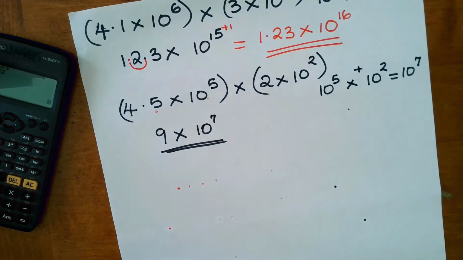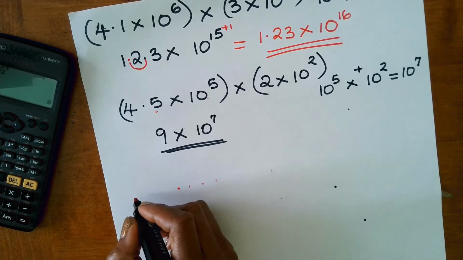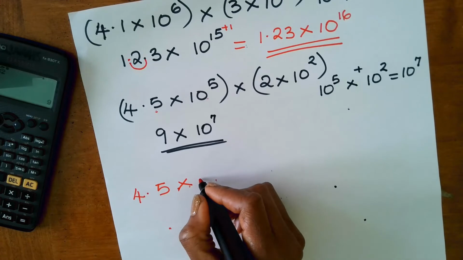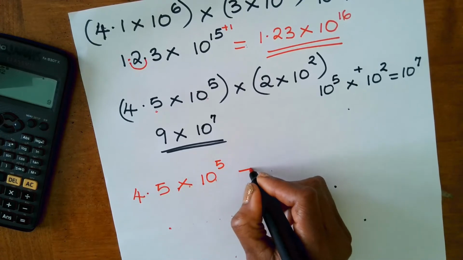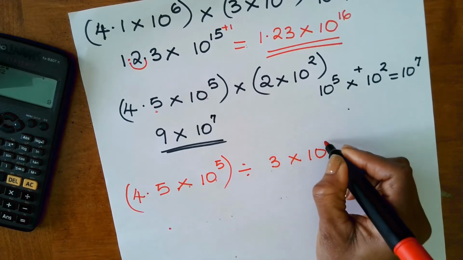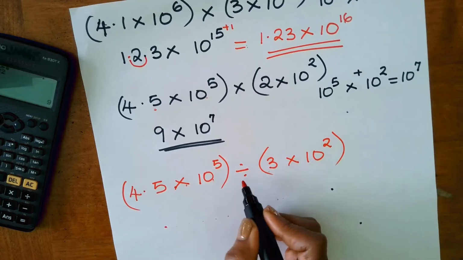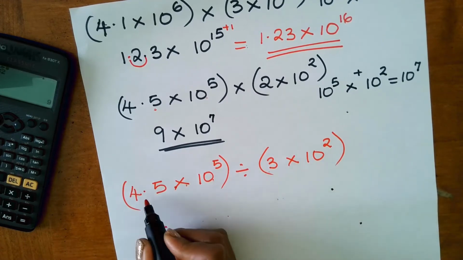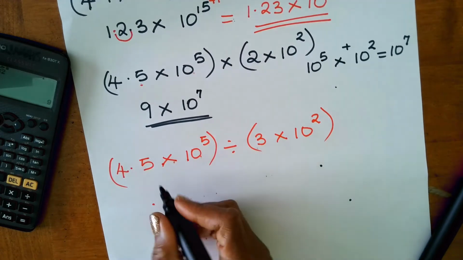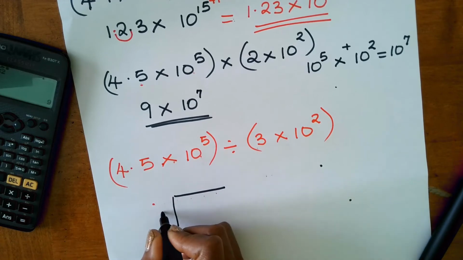All right, we'll do an example when we're given division. We get 4.5 times 10 raised to the power of 5 divided by 3 times 10 all raised to the power of 2. So because it's division, we're going to divide the numbers and then subtract the powers. So dividing the numbers, 3 here,